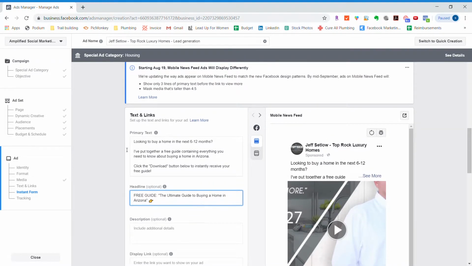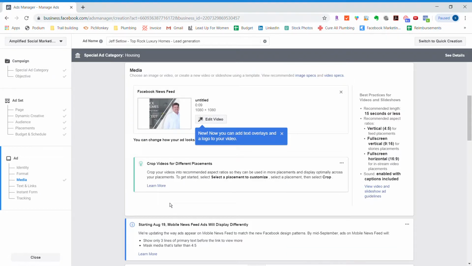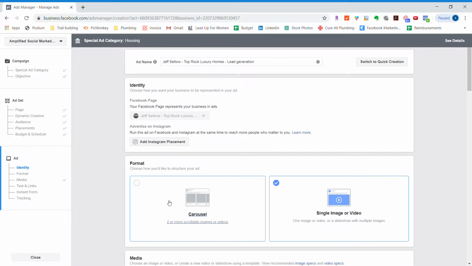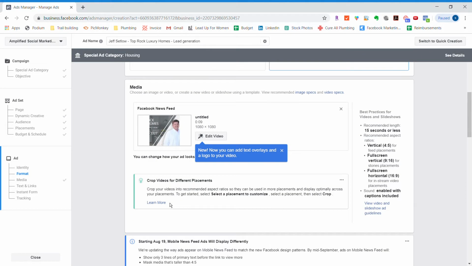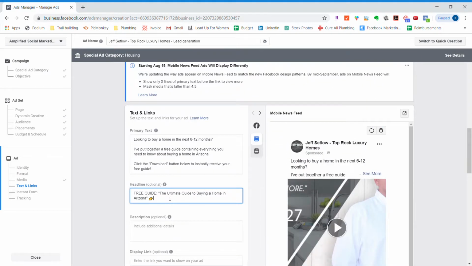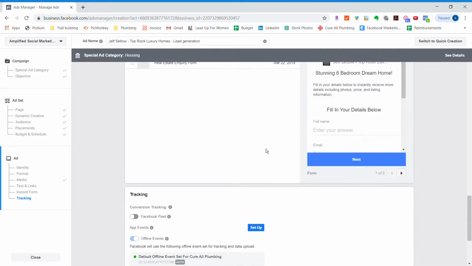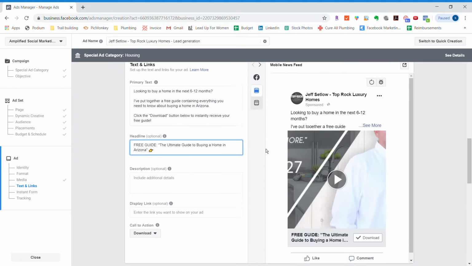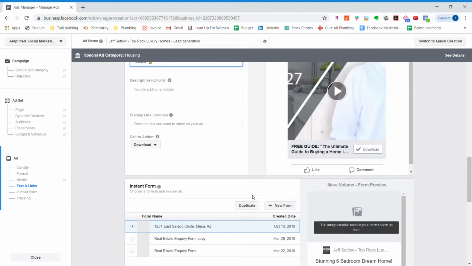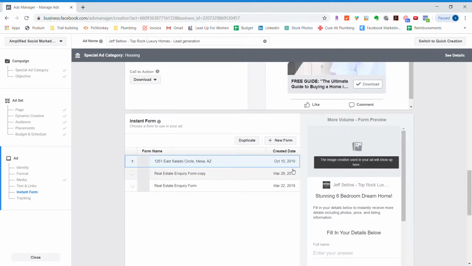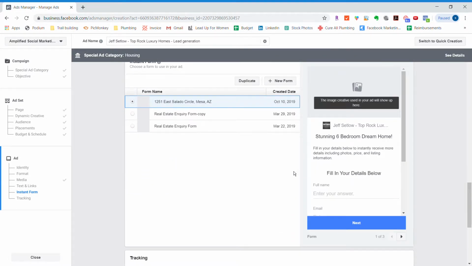The video and the guide, or whatever the offer is, all dependent on what content you have from your client, or if you're a realtor, then being able to produce the video content that you think your ideal clients would really resonate with. And so once you've got that going, then you'll go ahead and hit confirm. Obviously, in this case, the actual objective is a lead form,